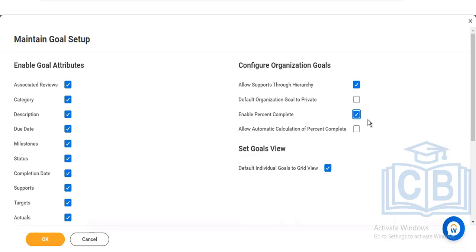If in case someone is completing, normally yesterday when I showed you, at that point of time what was happening is, we have to go there and mark them complete or in progress, whatever the status is. Then whenever my manager sees that, he'll be able to see it. But in a different scenario, if there is a setup in such a way that the goal has multiple parts, for example revenue or sales, I would like to give you an example. So in that scenario, what can happen is,